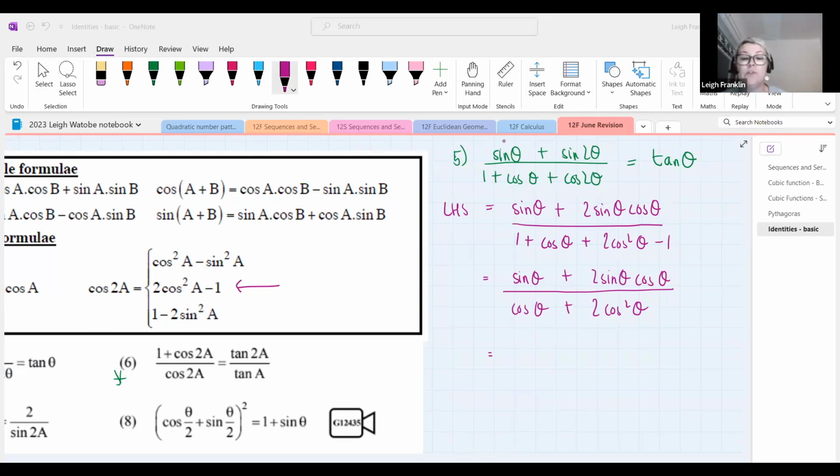Remove the common factor. What's the common factor? Sine theta, good. So I'm going to take out sine theta. In brackets, I'm going to be left with,